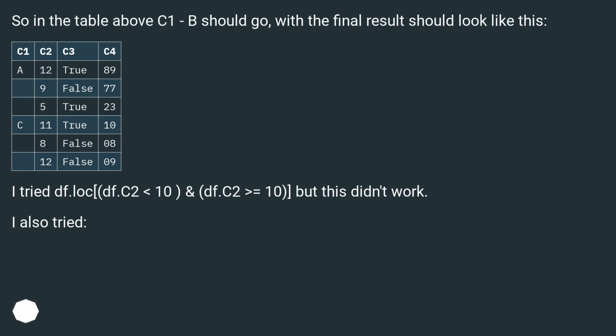So in the table above, for C1, the final result should look like this. I tried df.loc with df.c2 < 10 and df.c2 >= 10, but this didn't work. I also tried